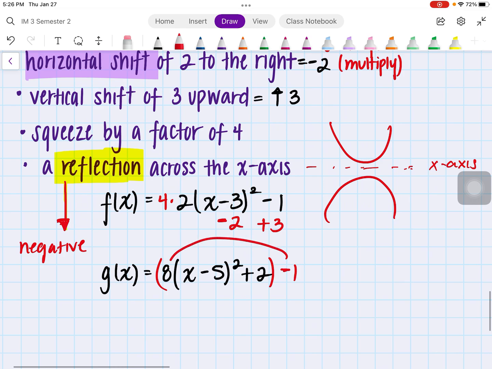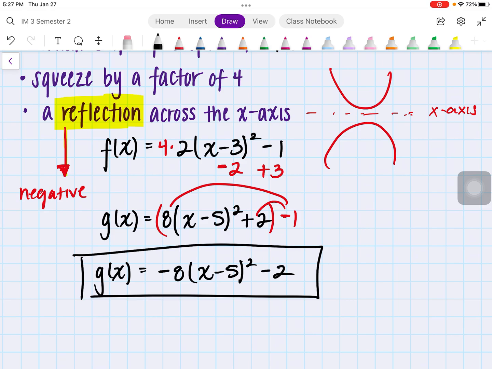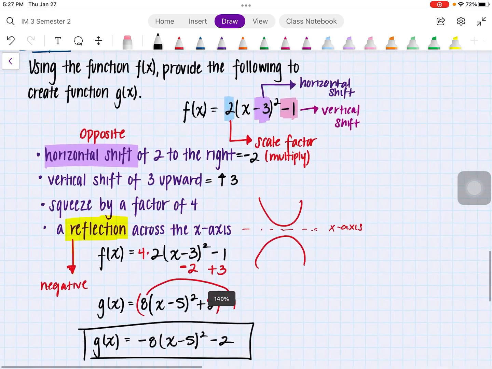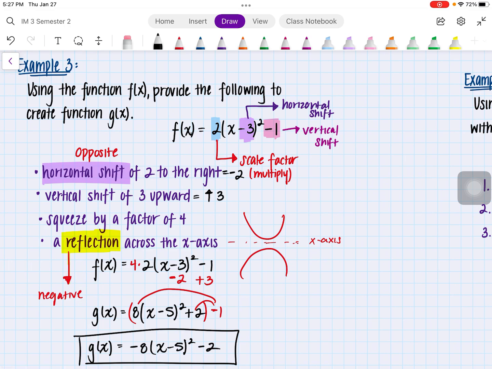This negative will be distributing to the 8 and to the 2. Only those two. So g of x is going to equal negative 8 times (x minus 5) squared minus 2. And that there, guys, is our answer. Now, example 4 works the same way, so I'll leave that for you guys to